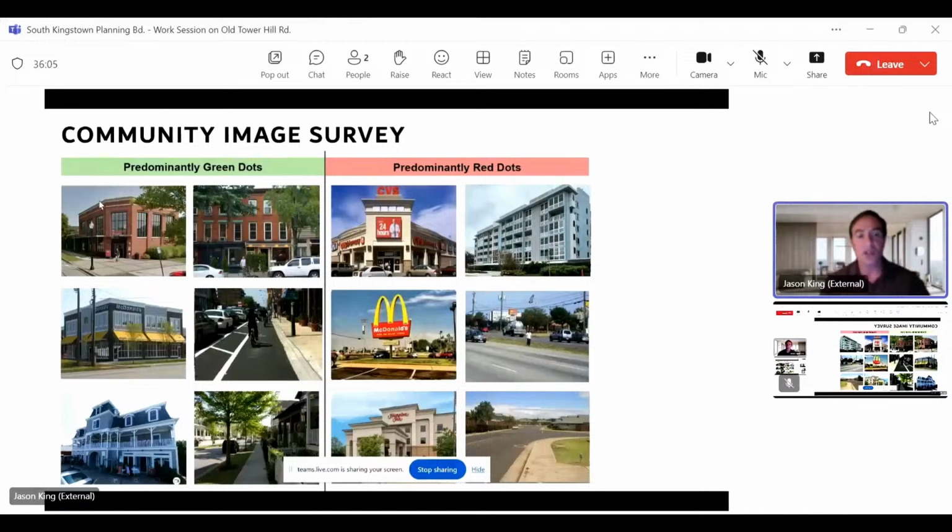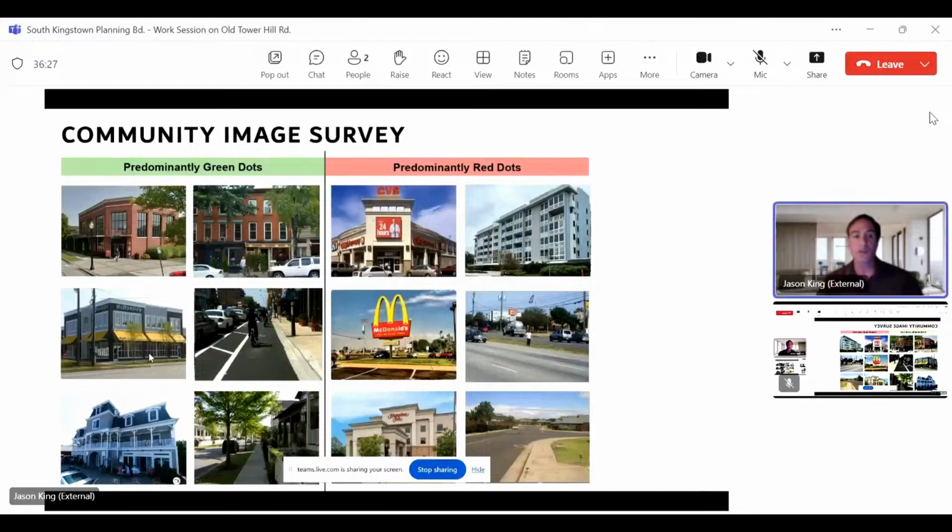There's a CVS, which is part of the Mashpee Commons development, done by Duany Plater-Zyberk in Massachusetts, and that's what the CVS is required to look like. Without requirements, it's possible to look more like this. There's some McDonald's, and you see these are predominantly green dots.